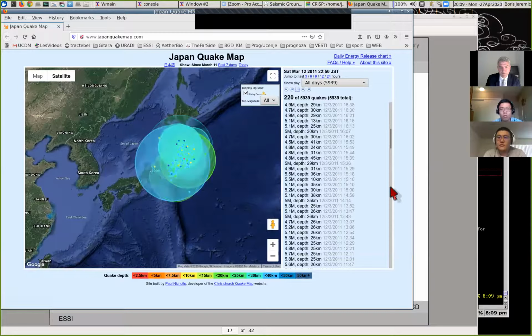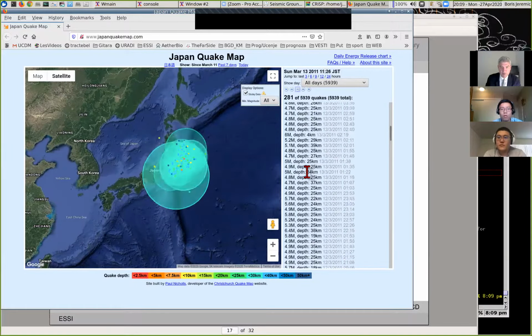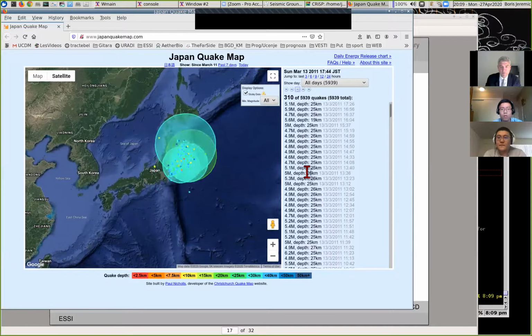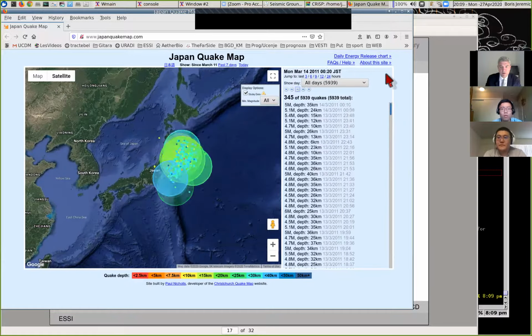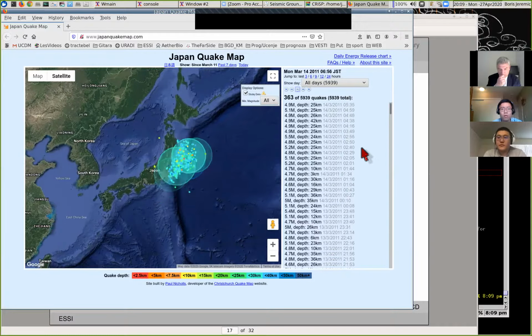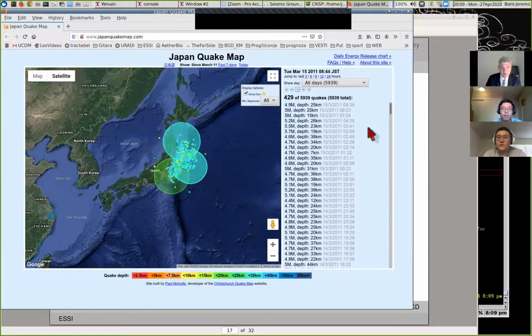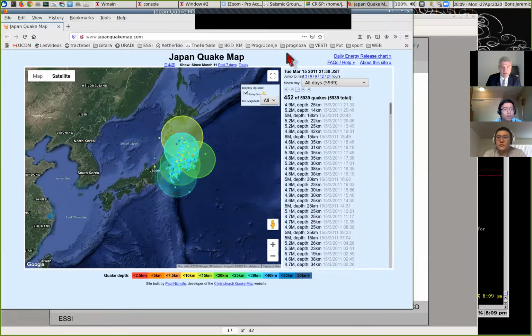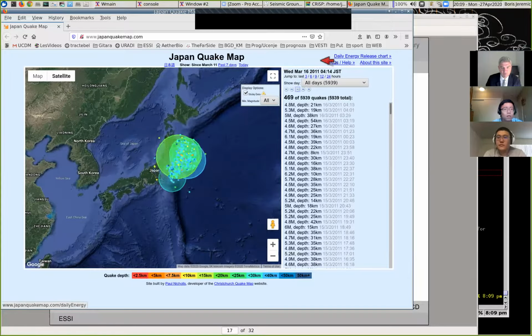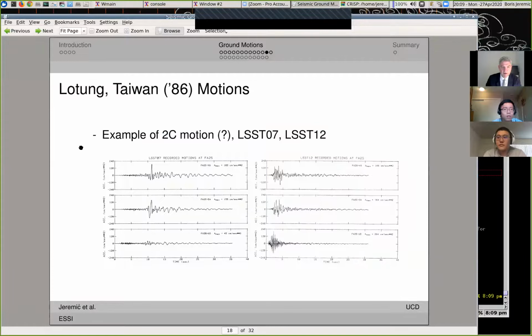And you see that, 200, 300, 400 earthquakes. And those are not big, they are small earthquakes, 5s and 4s and whatnot, and you can feel some of those. Actually, most of those 5s you can feel. So there was a lot of shaking in Japan. A lot of shaking in Japan anyway, but this was a lot of shaking from that earthquake. So again, this is at japanquakemap.com. They actually have links to some other ones and to energy release and whatnot. Very interesting website. So going back to our presentation,